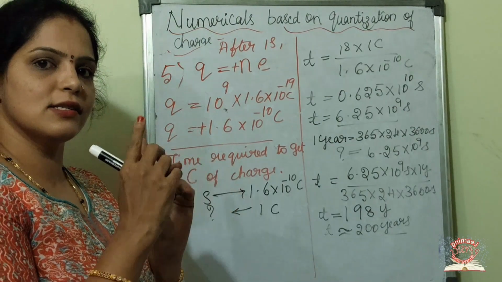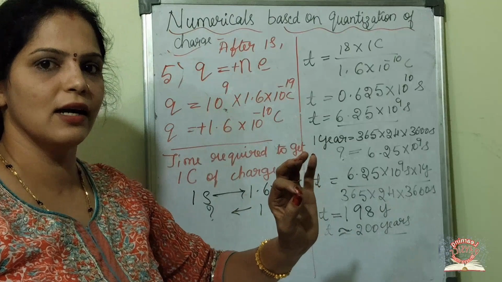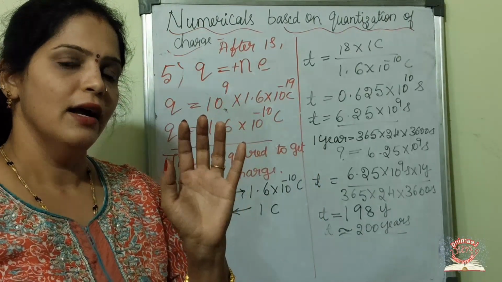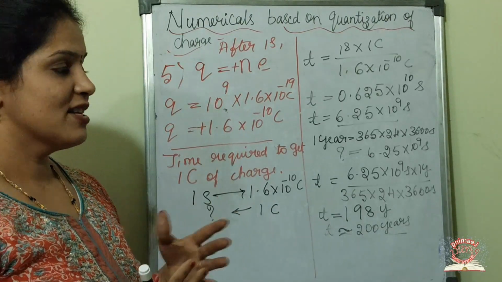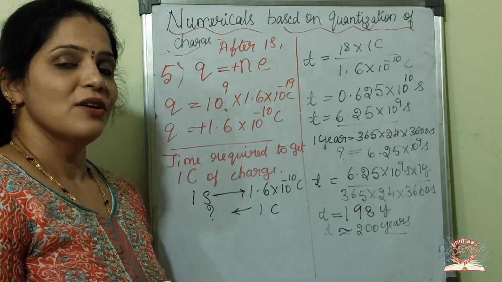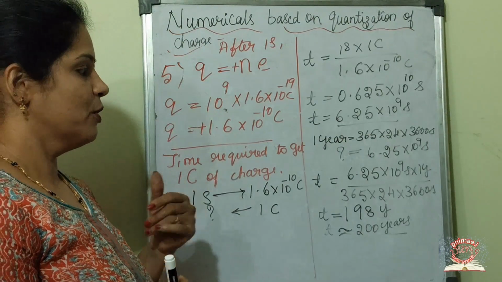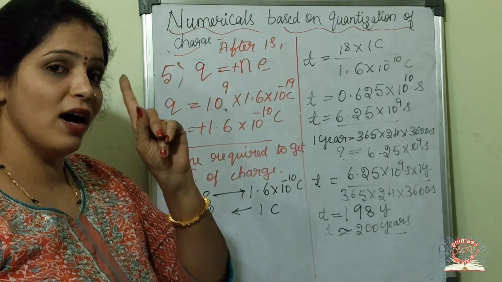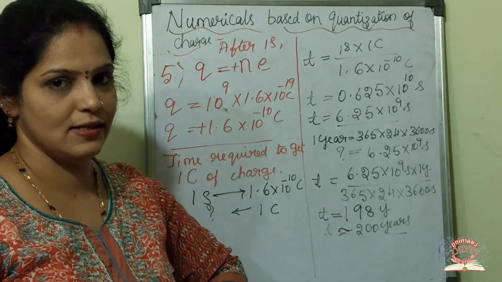If it loses 10^9 electrons every 1 second, the body becomes positive in charge, and to have just 1 coulomb, it will take 200 years, right? Just imagine. Our lifetime is only 100 years. So it will take 200 years to have 1 coulomb of charge. So it is our biggest unit in electrostatics.